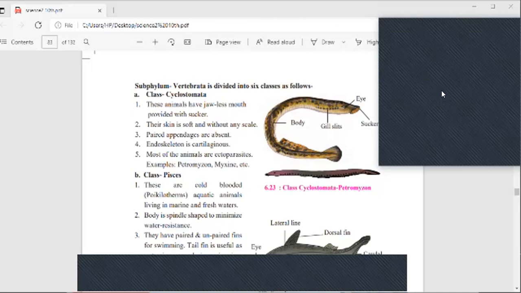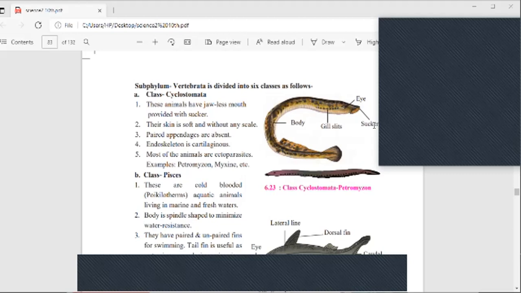Yes, Apurva, am I audible? Yes, sir. What is the meaning of ectoparasite? The animals which come under the class Cyclostomata, like Petromyzon, Myxine, are ectoparasites. They have the suckers. What is the use of suckers to this animal? They stick to the body of other animals and suck their nutrition from outside. Yes, they attach their body on the outer skin of the host and then suck the blood. Okay, like a leech. So leech is an example of the ectoparasite.